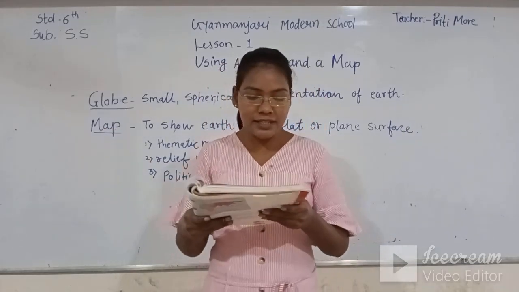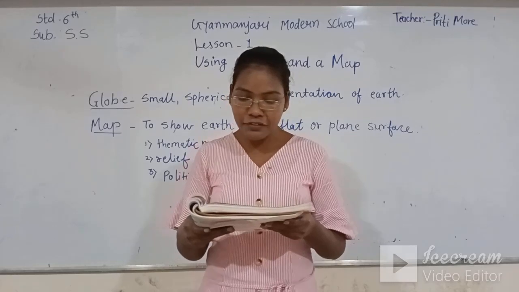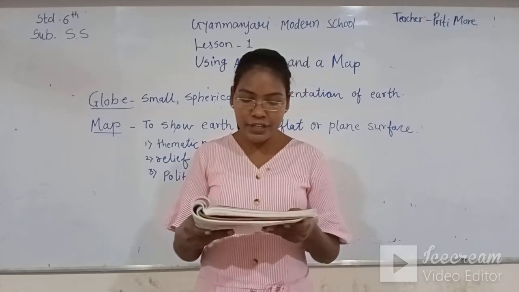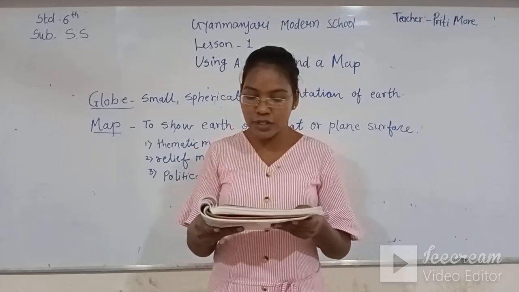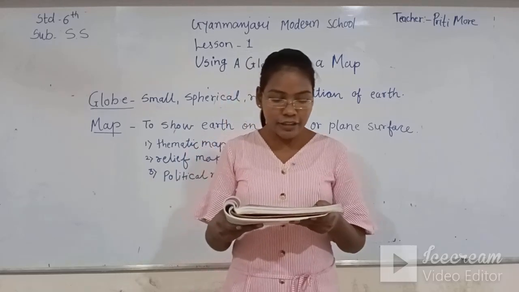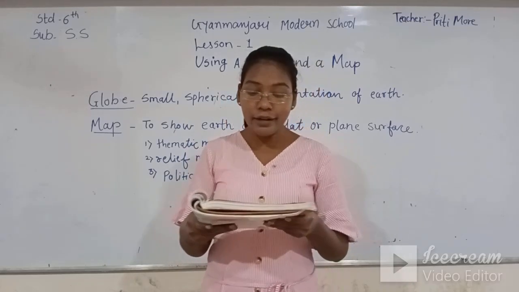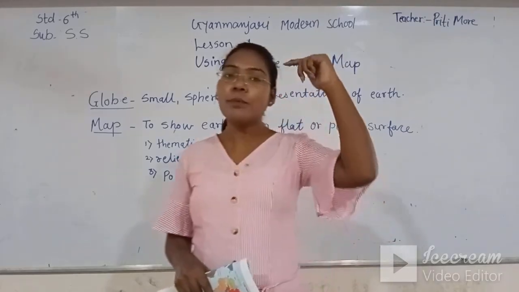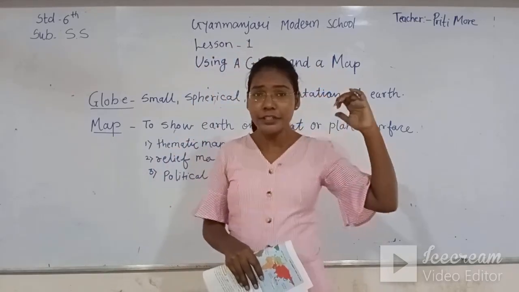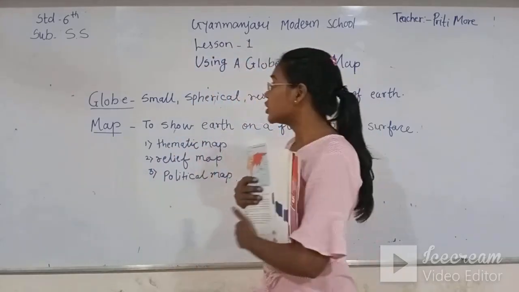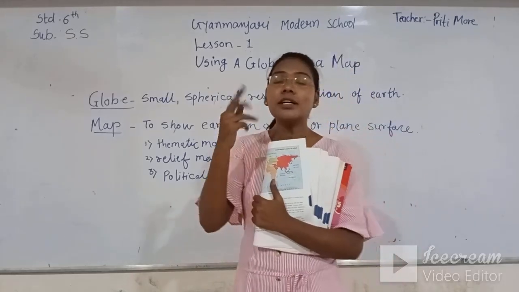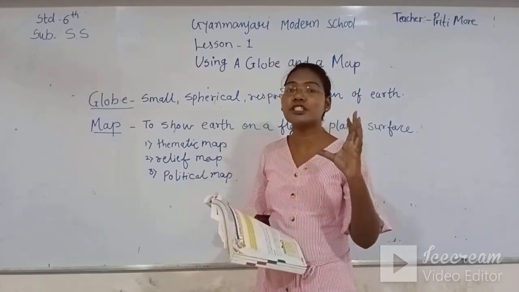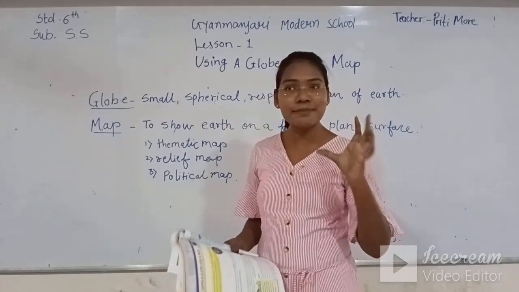As the earth is very big, we can see only a very small part of it at a time. We have many aids, such as a globe and different kinds of maps, that enable us to learn about our planet Earth and the location of various continents and oceans. The earth is very big. If you see it from the upper sky, it looks very small like a ball with its blue color, but it's very big. On a map we can see it only as a very small picture.